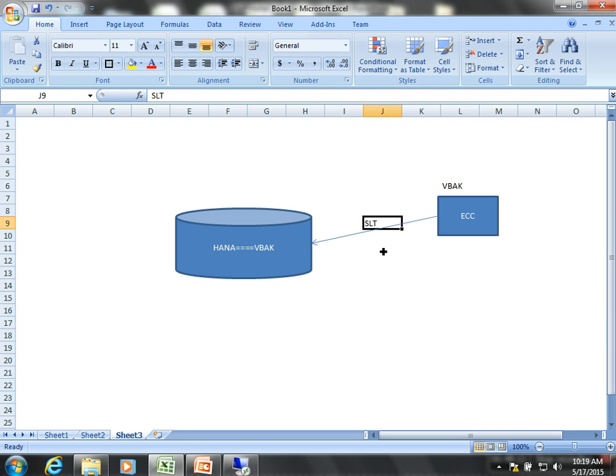You getting what I'm saying? If you're using BODS, that is another tool which has to be maintained. SLT is also a separate, dedicated server. You need to maintain one more separate server just for this. The SAP application server with the ABAP instance is again maintained separately. If you are going with BODS, it is also maintained separately.